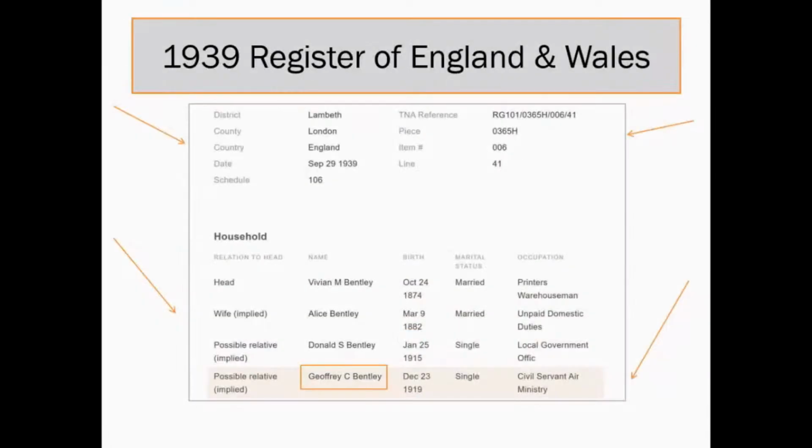in this 1939 register. What it does give you, though, is an exact birth date, which is incredibly helpful, especially if you're searching for somebody with a very common name. And one of MyHeritage's great strengths here is the beautiful, I should say impeccable, sourcing to each of the areas that they've taken primary historical records from. So this gives you the full TNA, that's National Archives record reference, and then broken down into its various items. It also gives you the date, 29th of September, and the area, in this case the Lambeth area